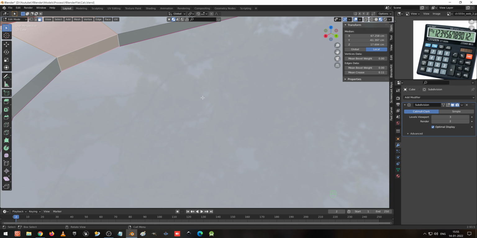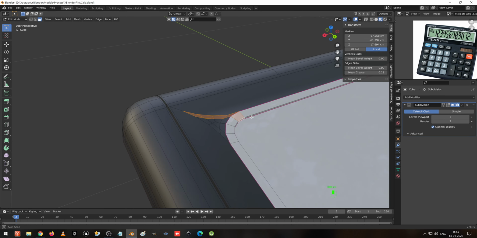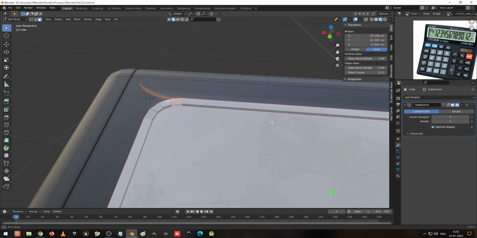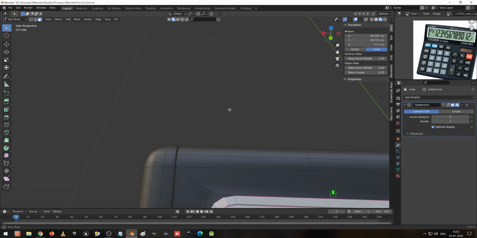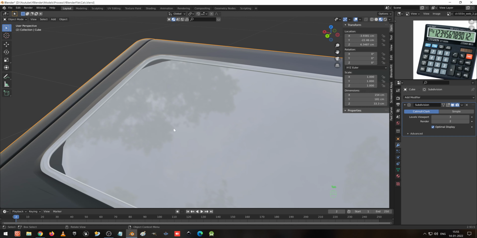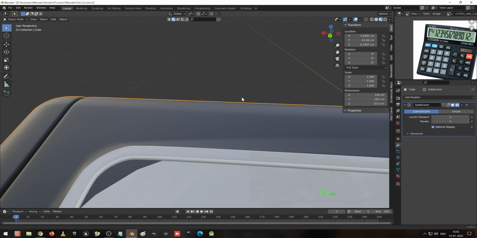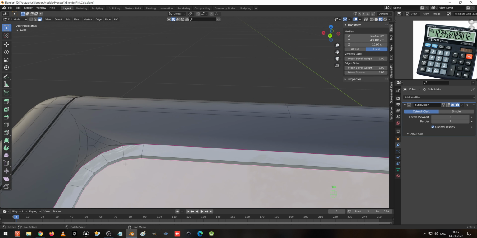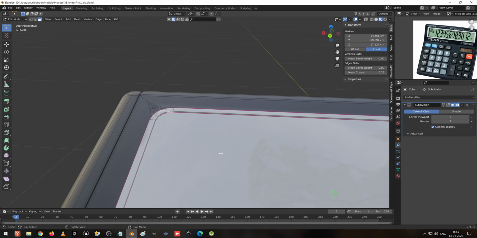Somewhere we missed out to select this. Okay, it has selected wrongly actually.